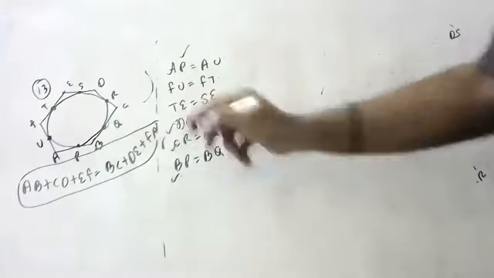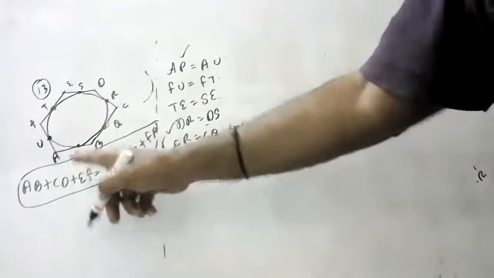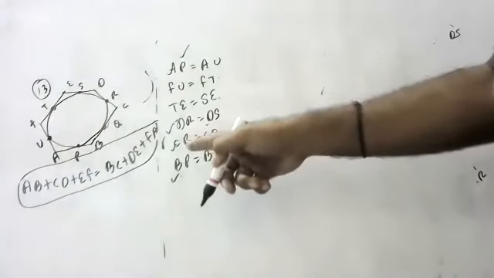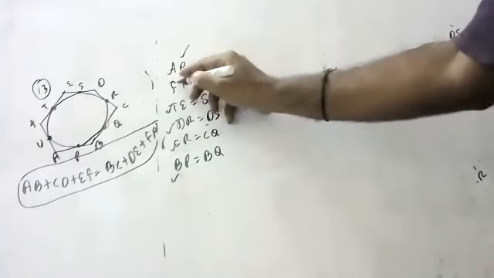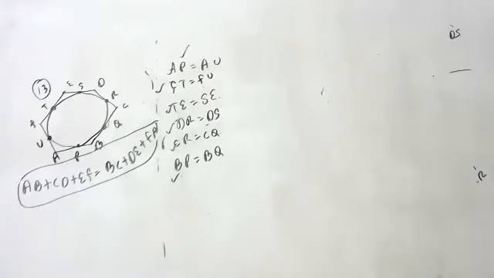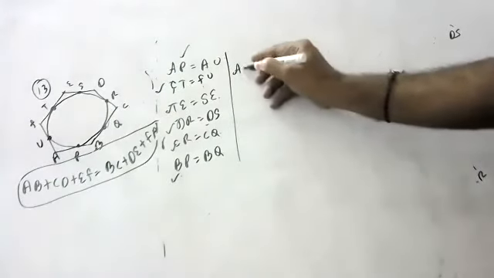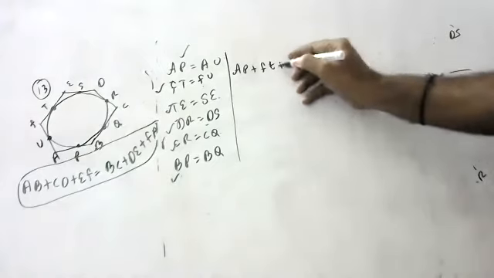We have to adjust, children. For EF, ET and FT should be on the same side. ET is correct, FT we should change. Now add all LHS and RHS. AP plus...